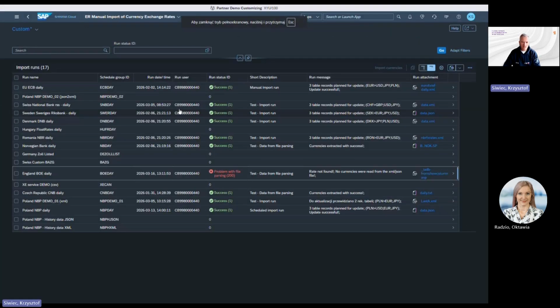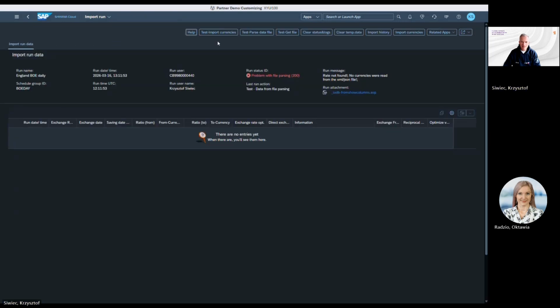But of course, I can check also another entries, and if there are data, we'll have success. Okay, and here is the transaction for testing. We can test file getting, parsing, import to SAP, whether the configuration on the SAP side is okay.